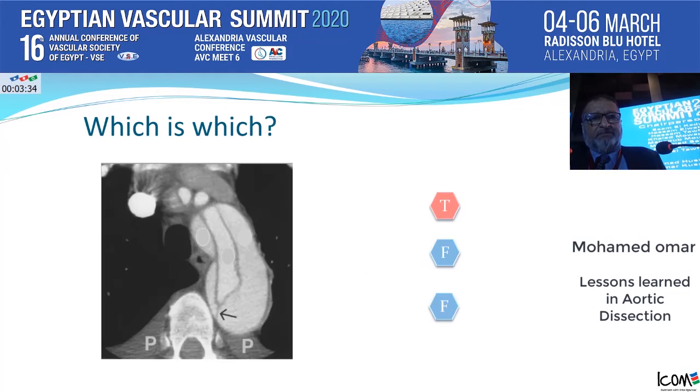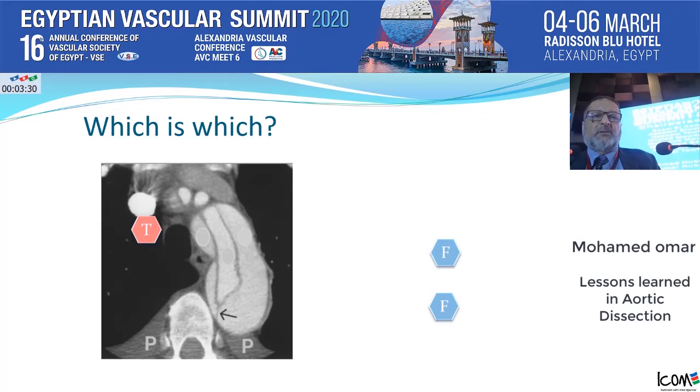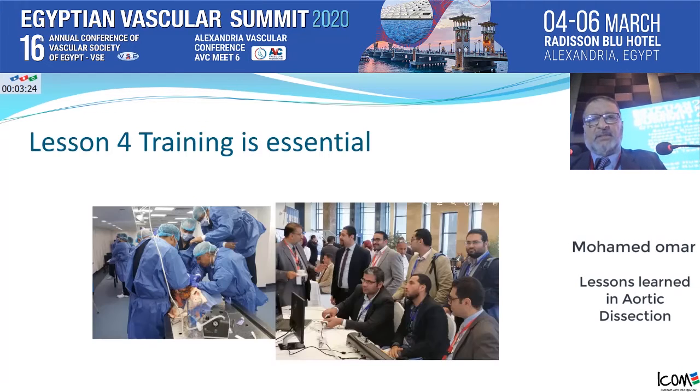I'll go quickly. This is one of the cases where you get false lumen on both sides of the true lumen. So the true is in the middle and false on both sides. And sorry about the arrow, it seems it has changed. I think it is essential when you do stenting, TEVAR, that you must have an endovascular training, and you must also have cardiothoracic